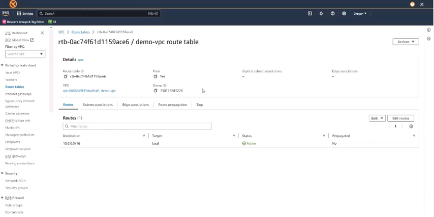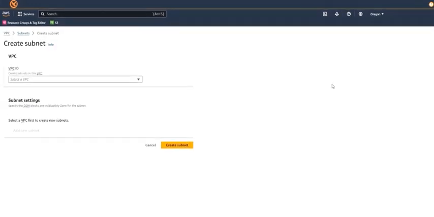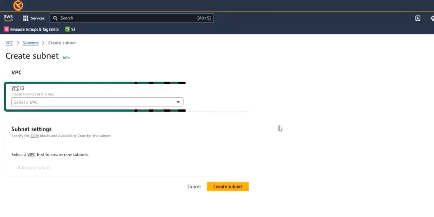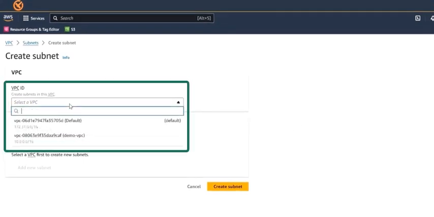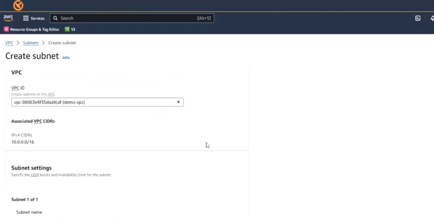And then the next step is to create subnets in our VPC. So select the Subnets menu item that is here, and then select Create subnet, and then in the VPC select our VPC, which is demo-VPC.